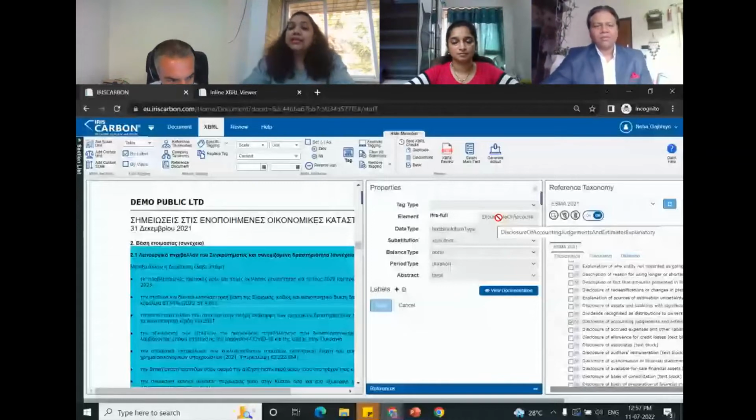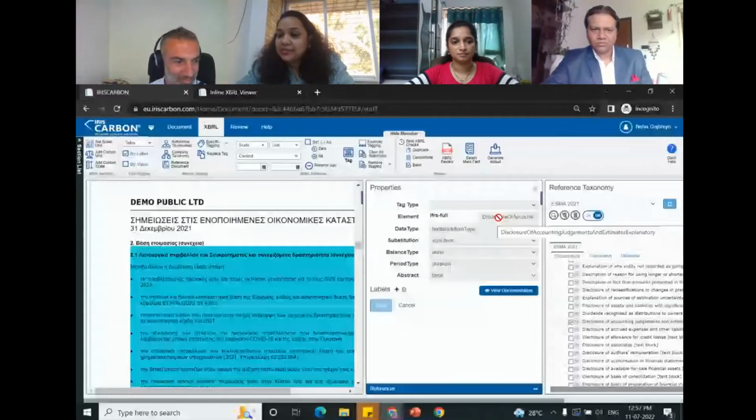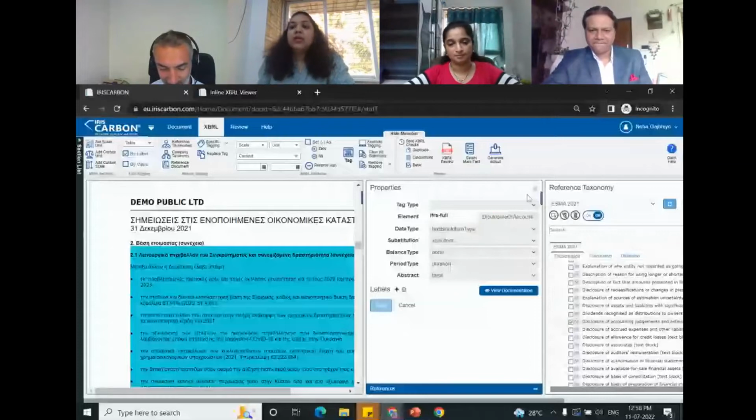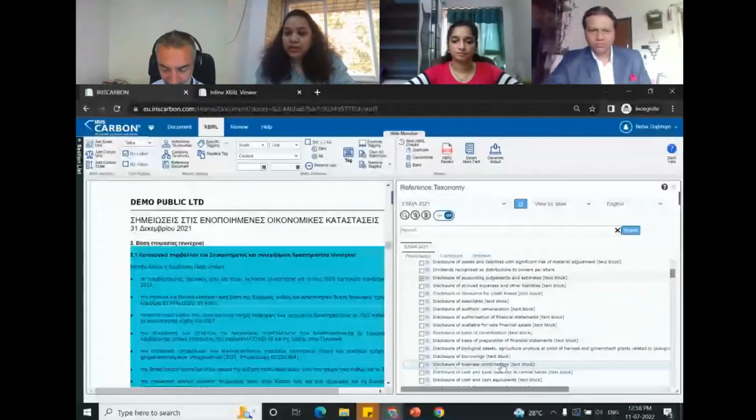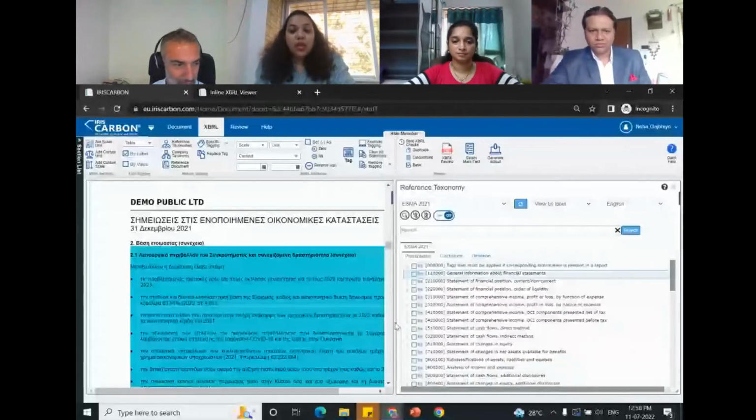Here you can see the element is disclosure of accounting judgments and estimates explanatory, and the data type should be text block item type. So we are going to use these text block elements for the block tagging.